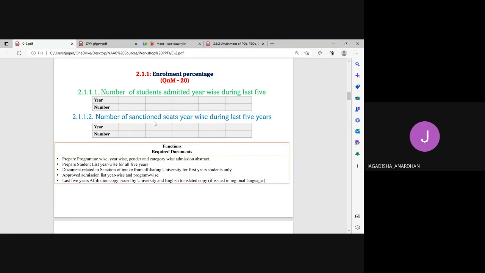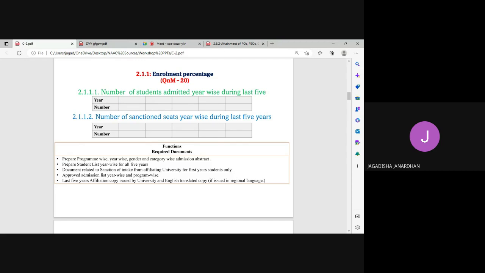And number of sanctioned seats. Another sub-question is there: number of sanctioned seats year-wise during the last 5 years. We can easily understand that sanctioned seats are provided only for first years. The second year, final year, or third year students are called readmission, so that is not the sanctioned seats. Only for the first year program, suppose BCom first year, how many seats are allotted from the affiliated university,